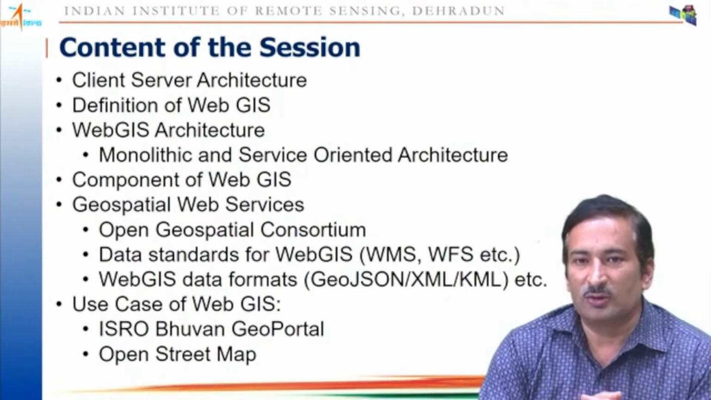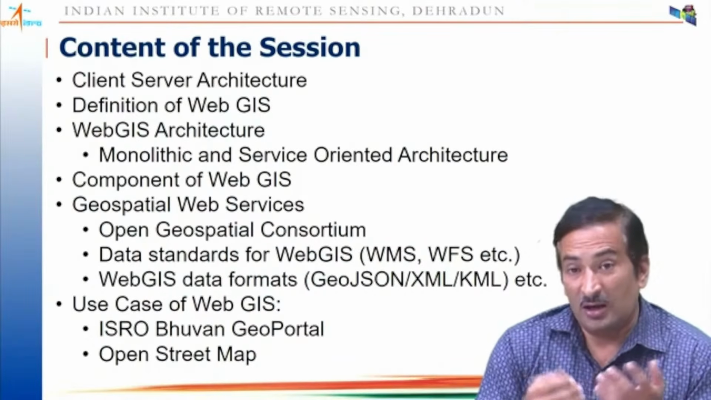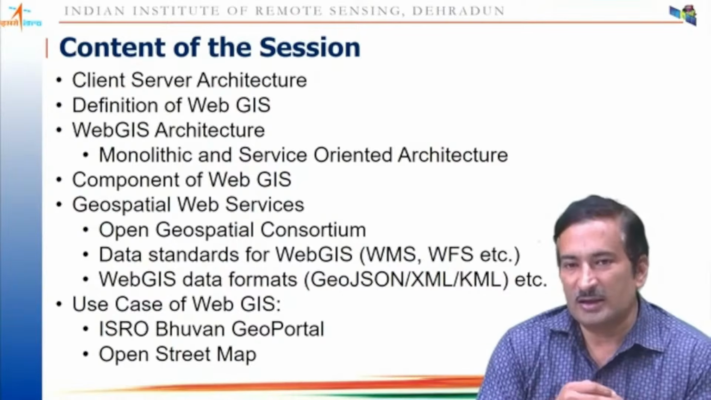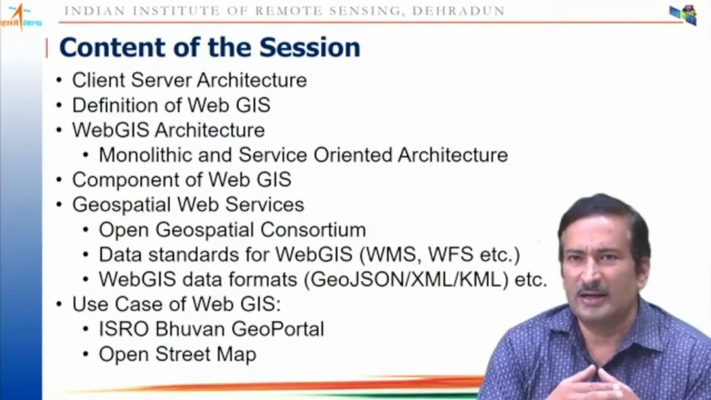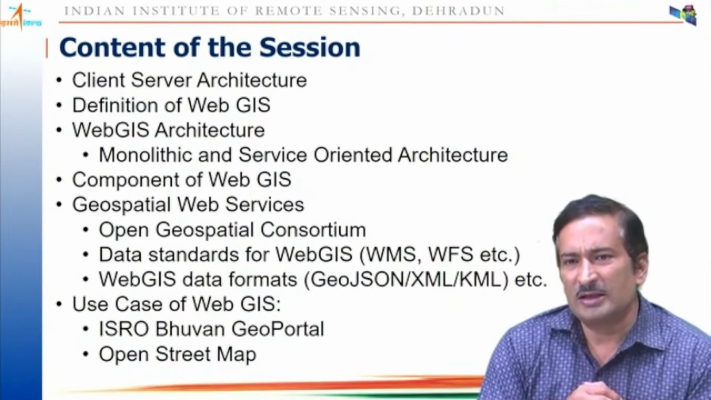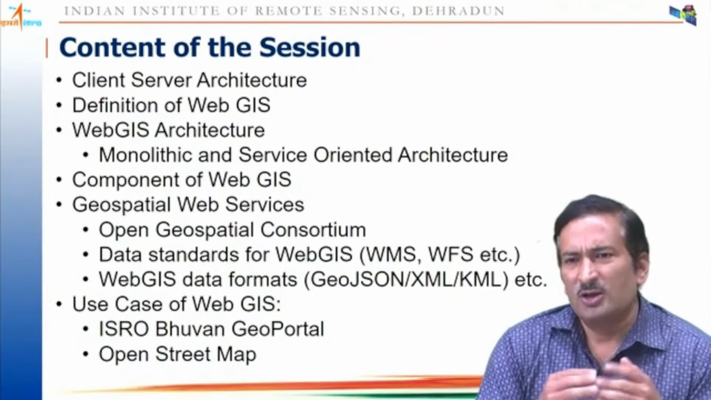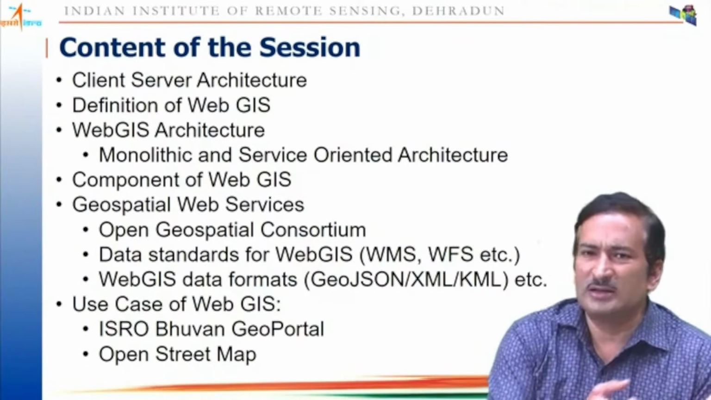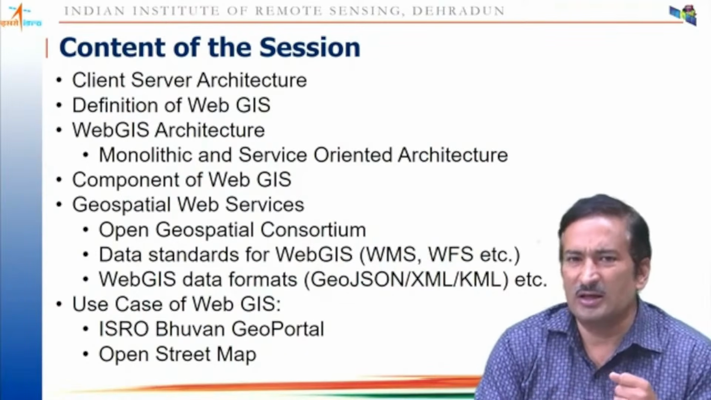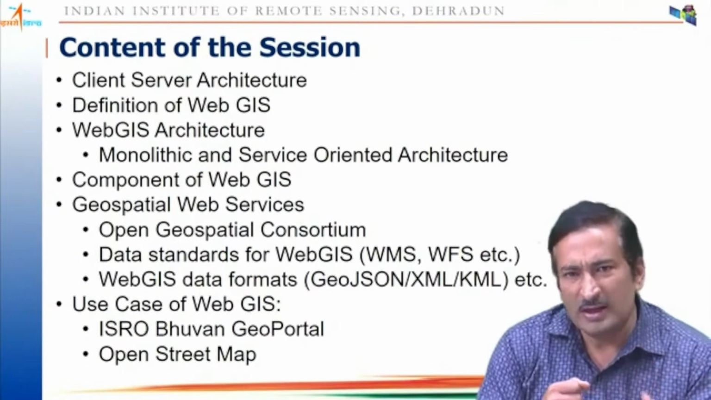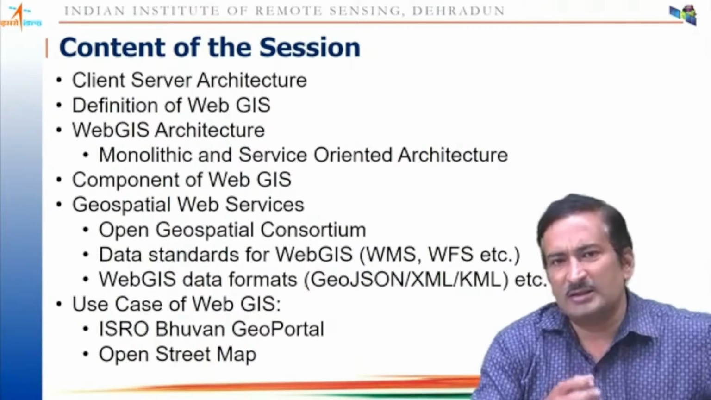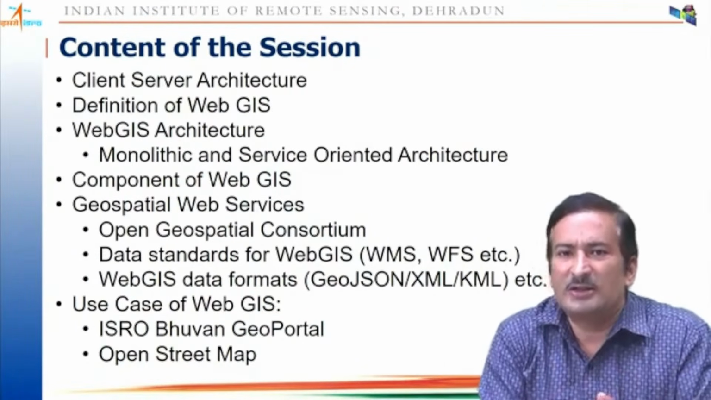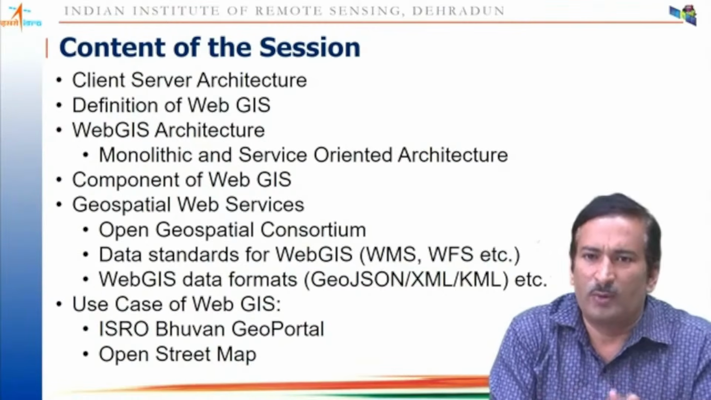and then we will be coming to the definition of WebGIS, and how the architecture of WebGIS is built. And there are different kinds of architecture. One very popular architecture is the monolithic architecture and the service oriented architecture. You will be knowing about that. Monolithic means mono, all the things are there in the single computer. Your database is there, your server, your application is over there, and clients are accessing